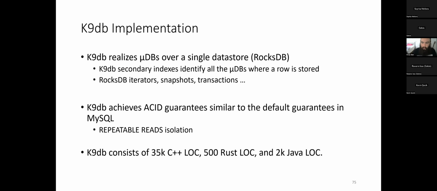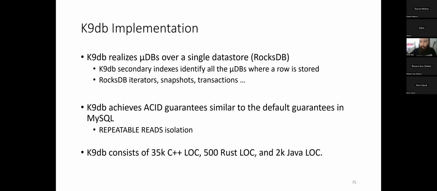The reason we're doing it this way is because by having all the micro databases in a single store, we can use secondary indexes the same way that most SQL databases use them, and also things like RocksDB iterators, snapshots, and transactions. All of these features allow us to handle queries quite efficiently and also achieve ACID